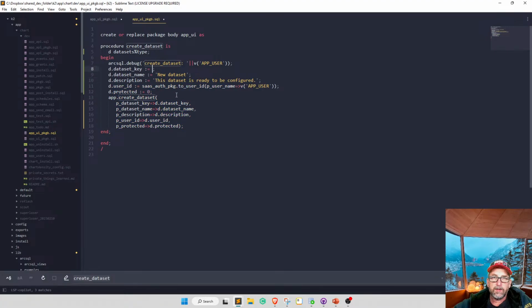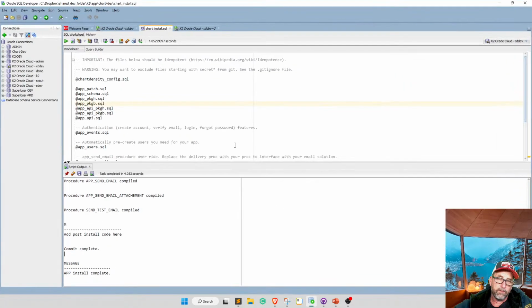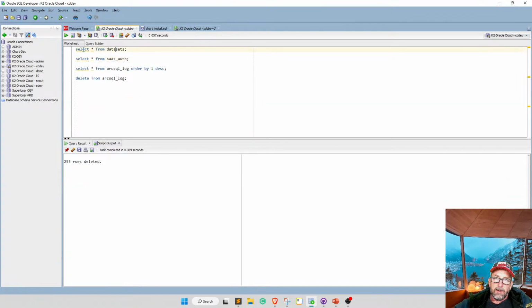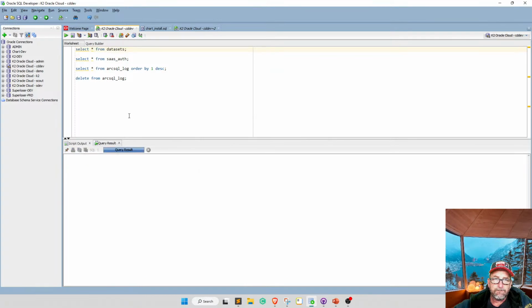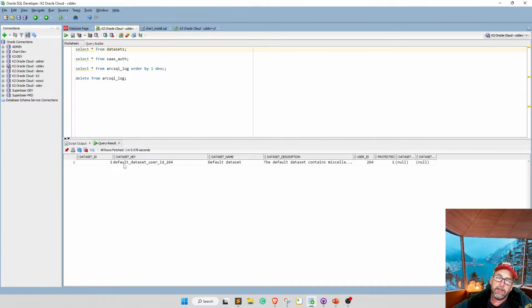And then as far as the dataset key, I started to have to think about what do I really want here. So if we go here and we look at our datasets table, you see I'm naming this default dataset user ID 264. So I put that in, and